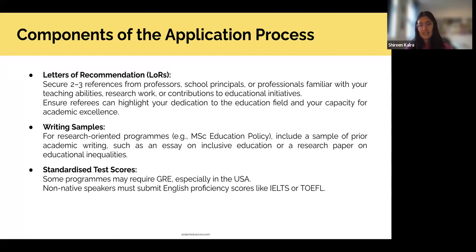It's essentially just getting an email from your registrar or somebody in your undergrad office saying English is our medium of instruction, and then letting your potential university's admin team know that you might be eligible for a waiver. That saves you another test that you need to give. That's what I did, but yeah, just know whether or not you can apply for a waiver, or whether you do need to take an English language test. So yeah, I think that's what the application process looks like.